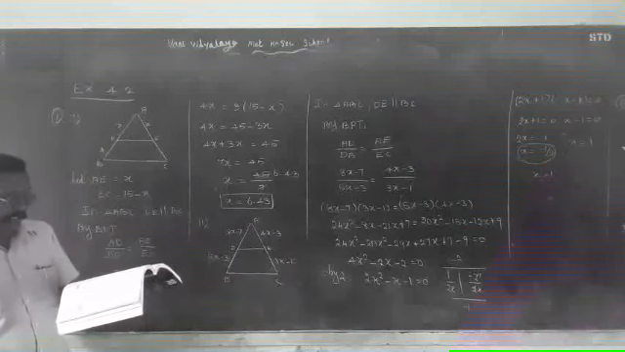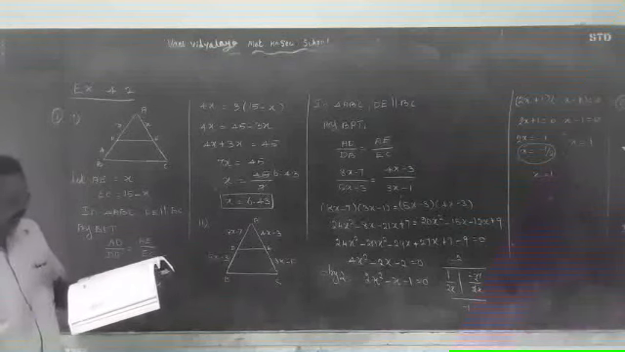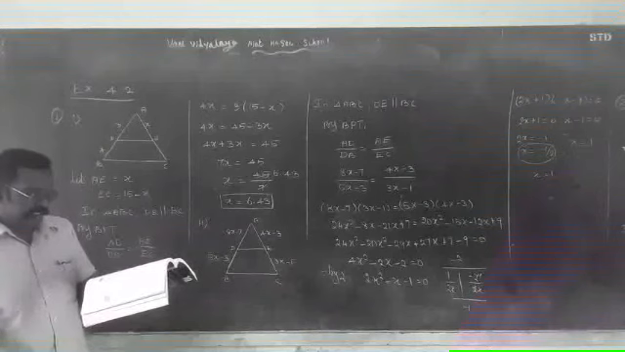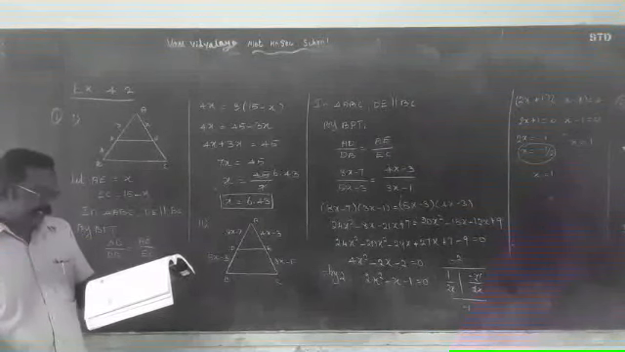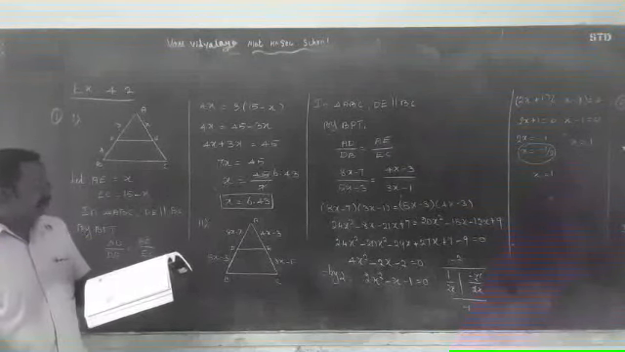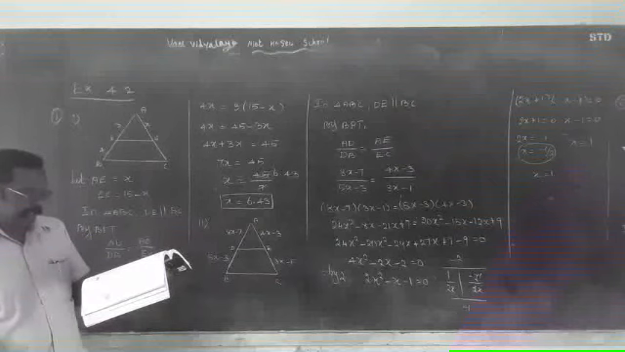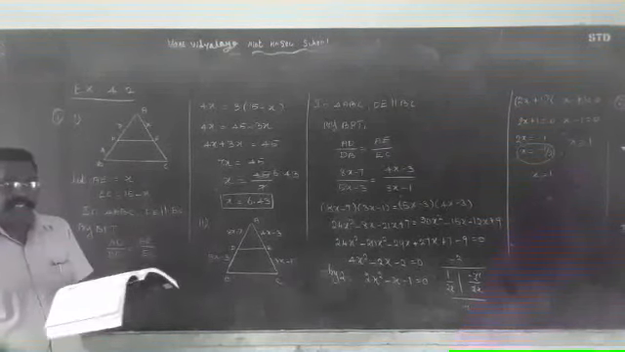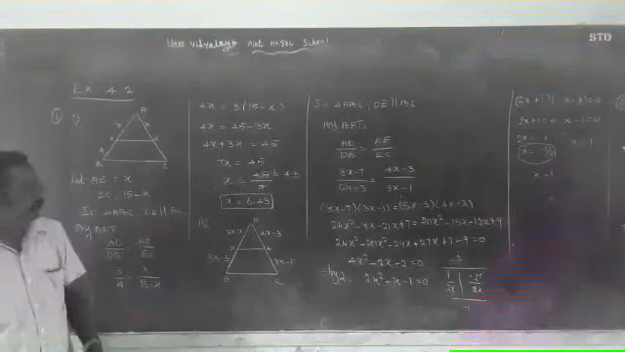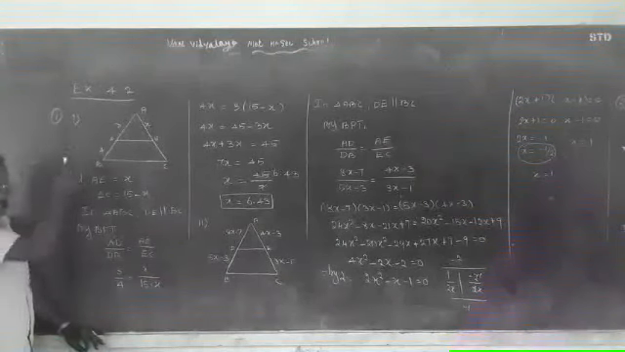In a triangle ABC, D and E are the points on the sides AB and AC respectively, such that DE is parallel to BC. If AD divided by DB equals 3 by 4 and AC equals 15 centimeters, find AE. So, first question,